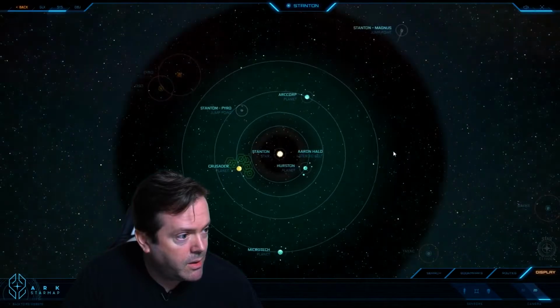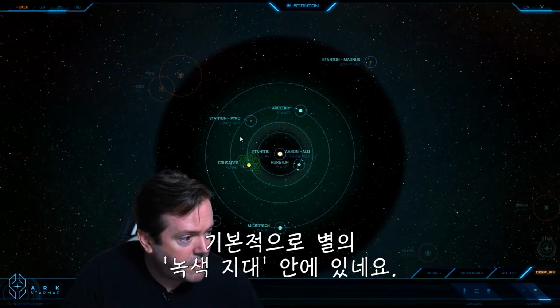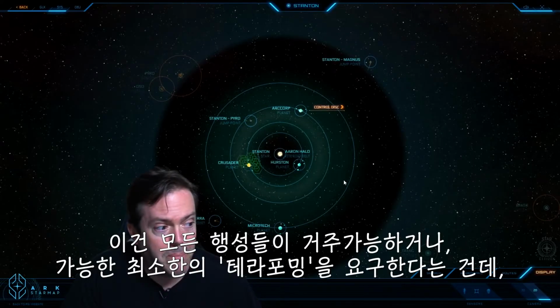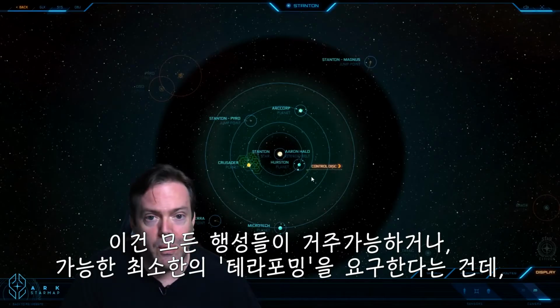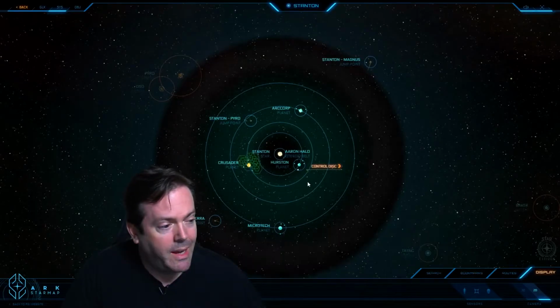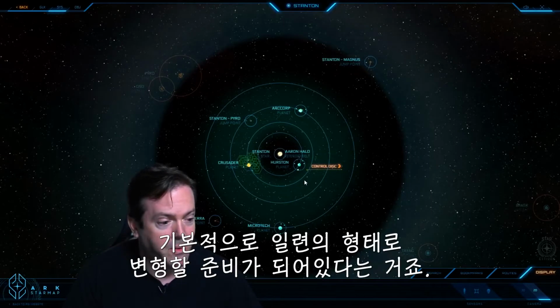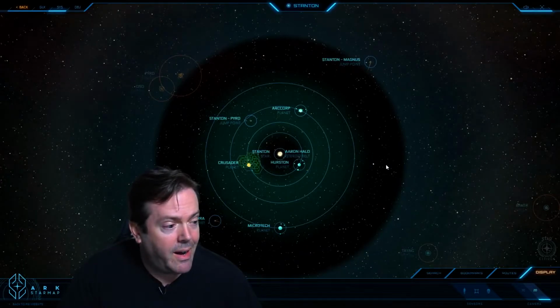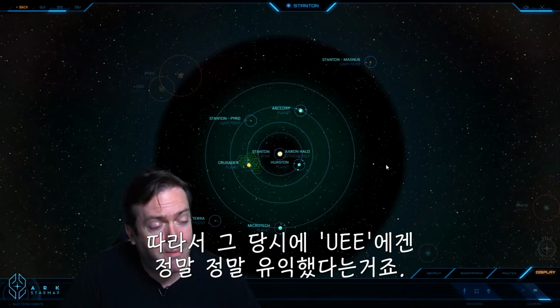and you have 4 planets, basically all within the green zone of the star. So they are all basically habitable planets, or at least would require a minimal terraforming thing. And I like to call them basically turnkey planets. So basically they were kind of ready to move in. So that was very, very beneficial for the UEE at the time, because at that time they were actually kind